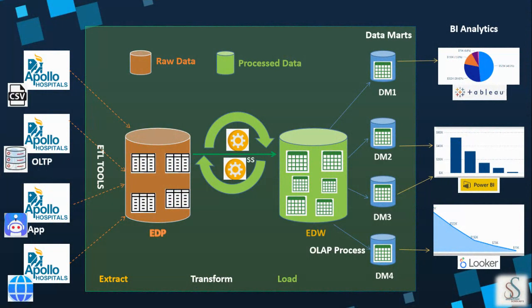Now this entire process is an OLAP process, meaning transforming the data, loading it into a data warehouse, and doing it in chunks, small cubes. You are segregating the data into small cubes so that it will be useful for the BI reporting tools. So you are using this data for analytics purposes. That is why it is called the online analytical process, OLAP process.